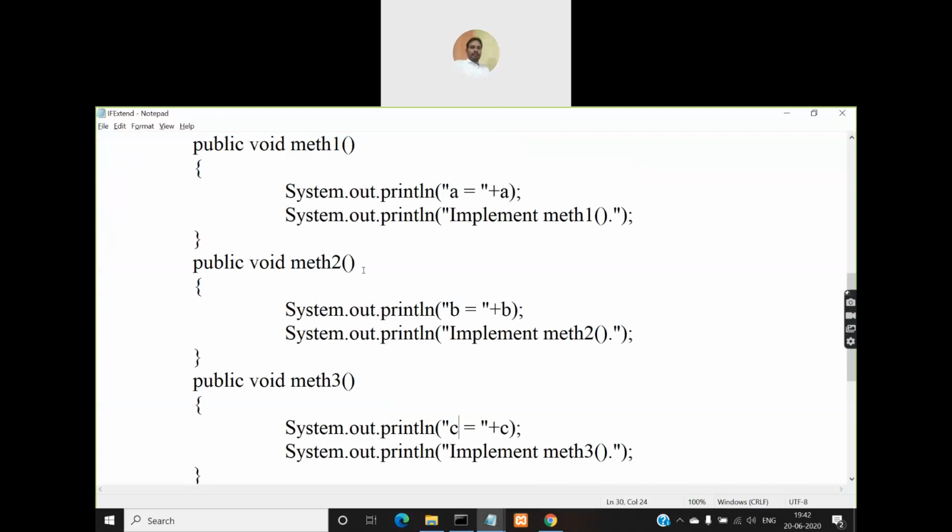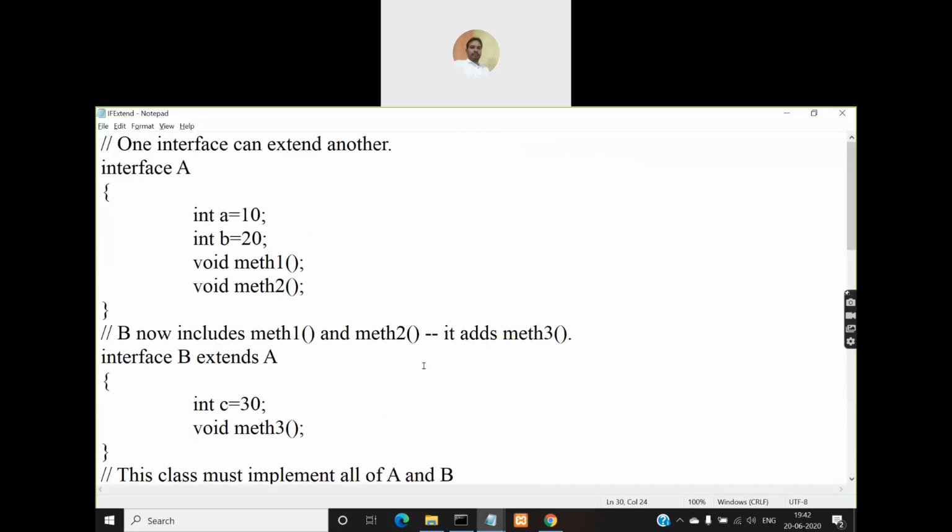So this is how you can extend interfaces, but extending interfaces is not suggested, though Java allows you to do that. We will very rarely use this concept of extending interfaces, because interfaces themselves do not have complete implementation of all the methods. All the methods are abstract methods, right?